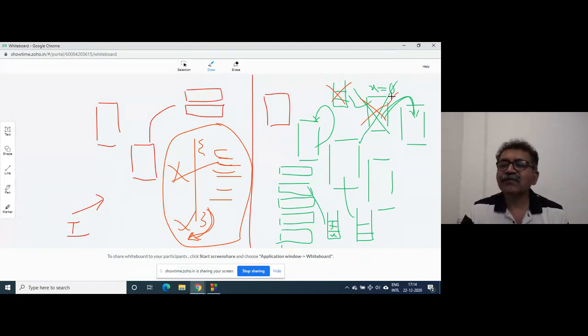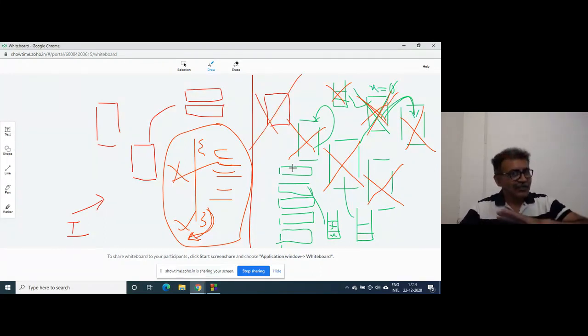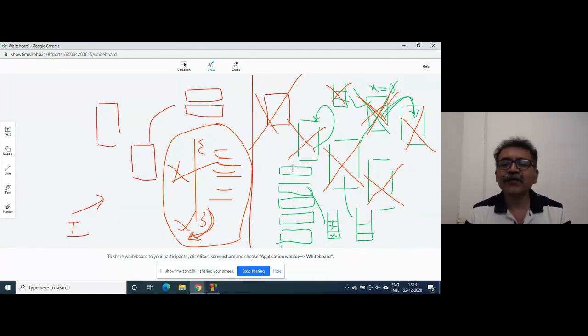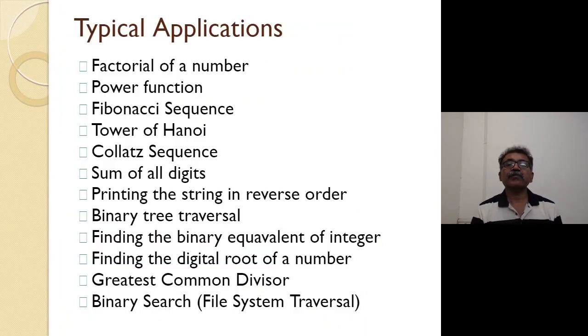So first, this is the last function call, so this is going to be destroyed first, then next this will be destroyed, then this, then this, then this. And at the end, when you go outside the program, you get the output and press any key to continue. You come outside the program, this is destroyed. So everything is cleaned, right? So this is how the program is executed. So that was about this. So we'll stop here.